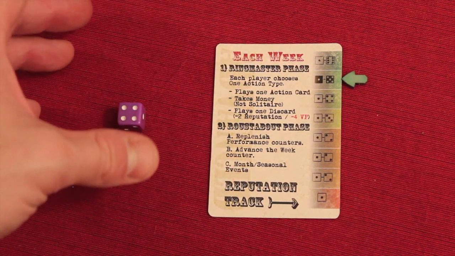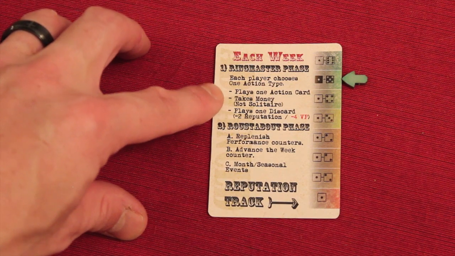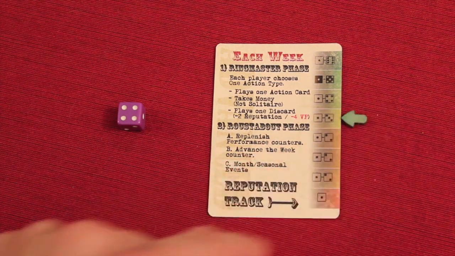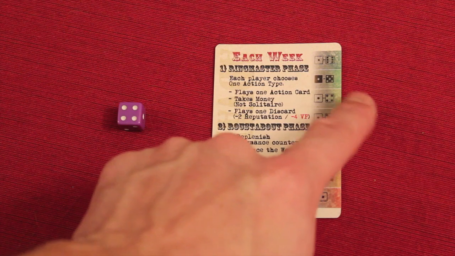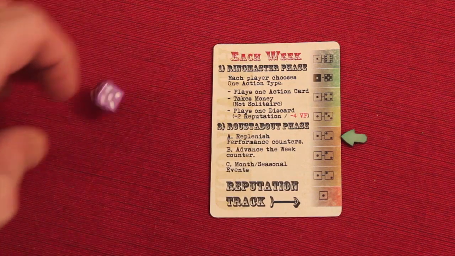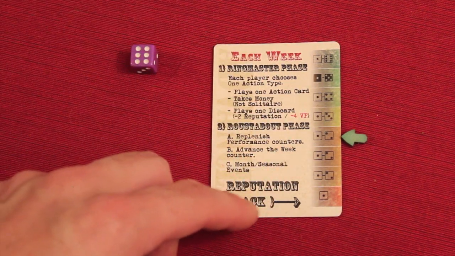But what happens is over time, instead of just taking an action on your card, you could take money. Taking money is, for every $5 you take, you lower your reputation by 1. So you can cut corners in this game to help you out when you're in a pinch, but it's going to hurt you, because if you cut too many corners and your reputation is down lower, now to hire people I have to roll a 1 or a 2. So the more I hurt my reputation, the harder it is for me to hire people, which